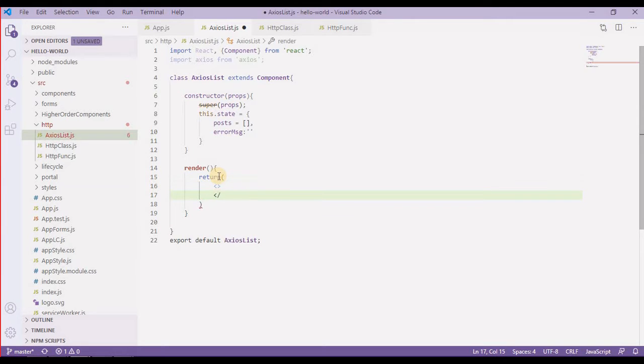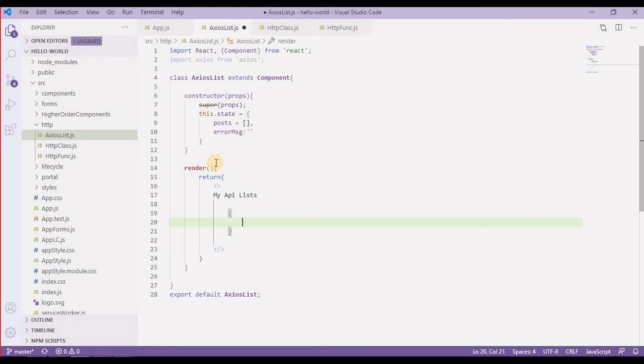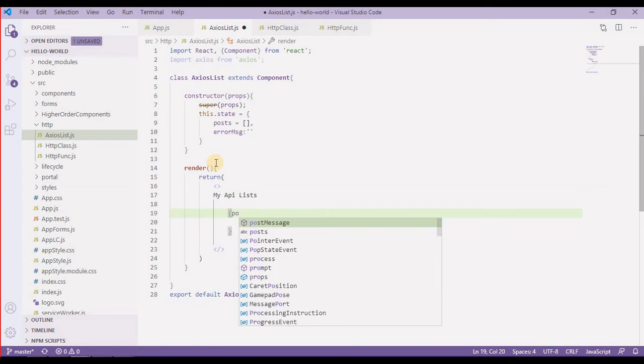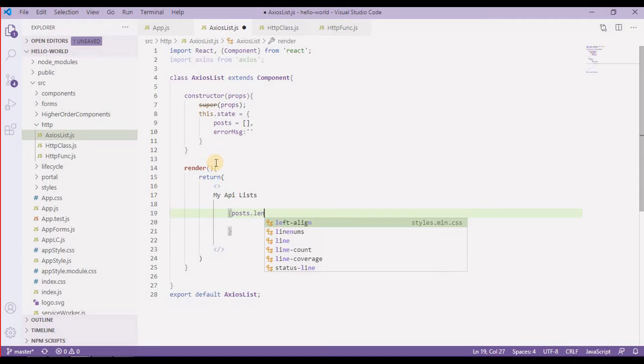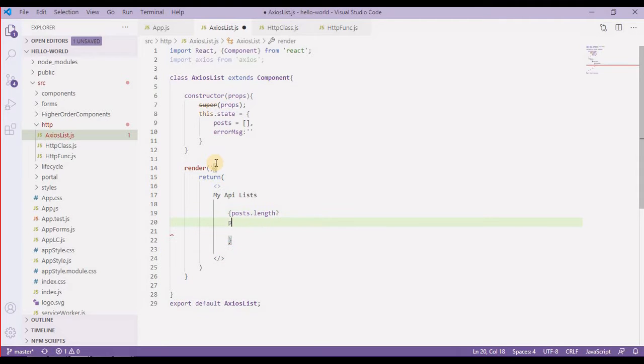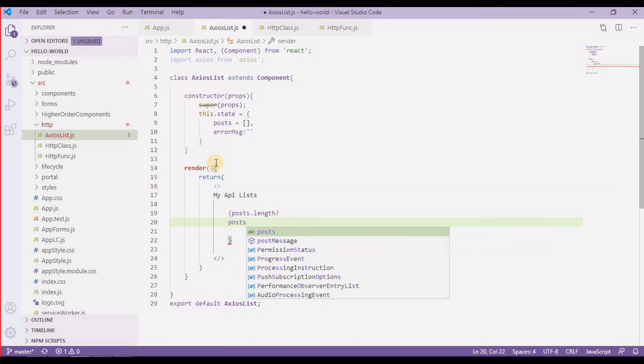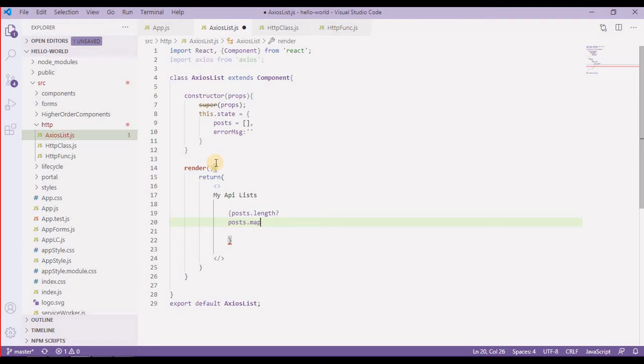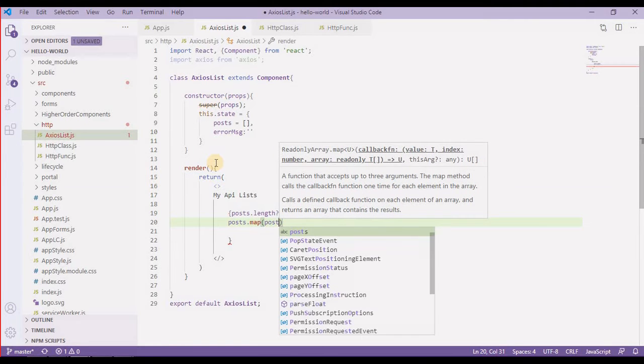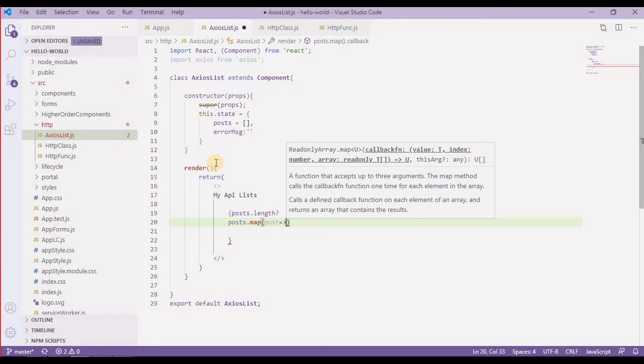Inside this fragment I'm going to have a list of my API items, with a conditional statement: if posts.length, then we are going to have a posts.map function, and here I provide post, an arrow function, and then I return a div.